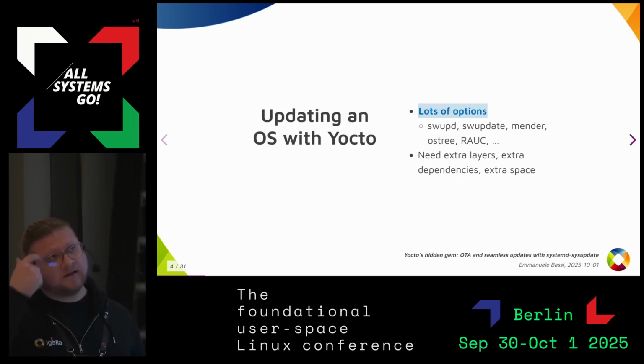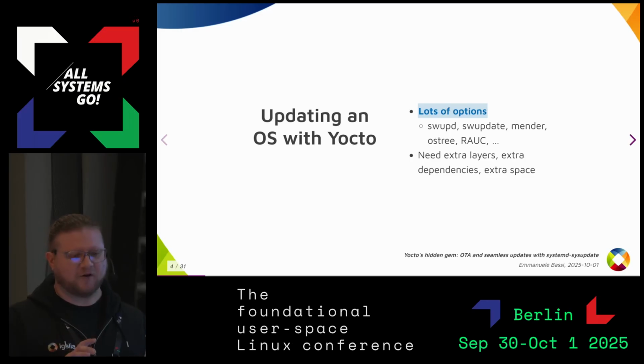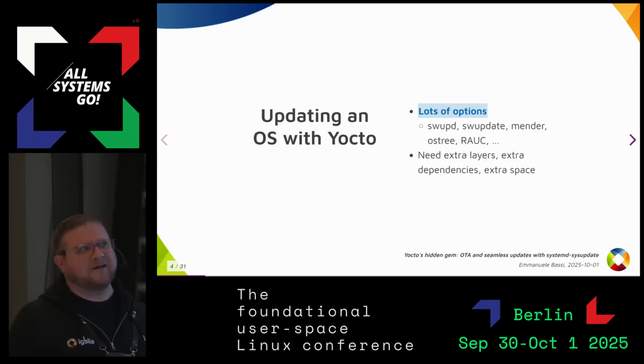If you're just building an operating system image, it's a well-trodden path. You define all the recipes that you have, you run the build, and at the end you get an OS image plopped into your build directory, and it's pretty much done, except that you might want to do things like